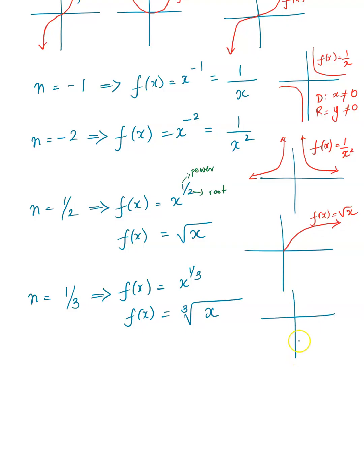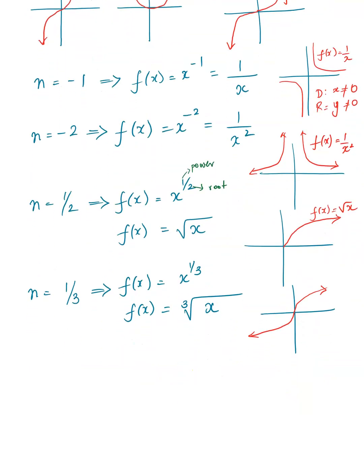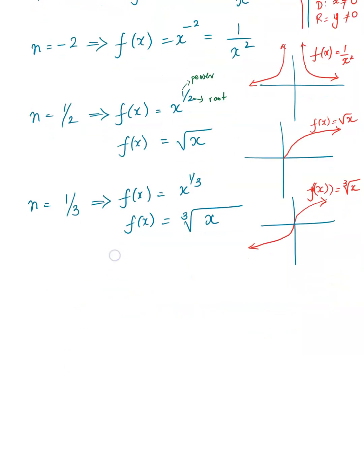And then the graph for that, if you look at this, is actually the flip of y equals x cubed, right? X cubed is this chair-shaped graph. It's a flip of that because that is how these two are connected. The power and the root are inverses of each other. So f of x equals cube root of x, or x power 1/3. Okay, now what about